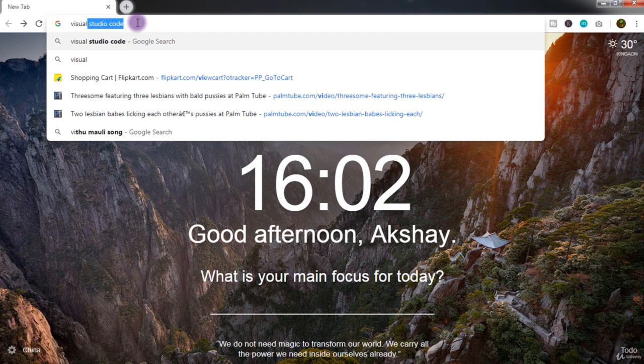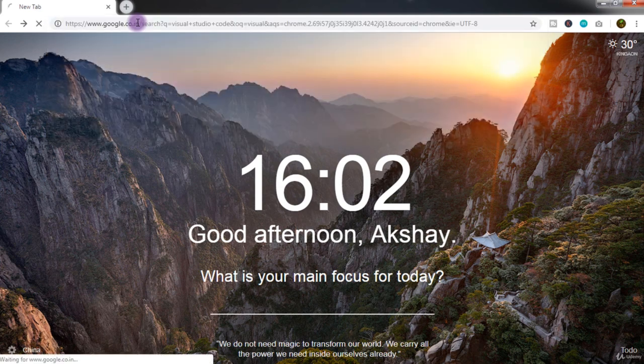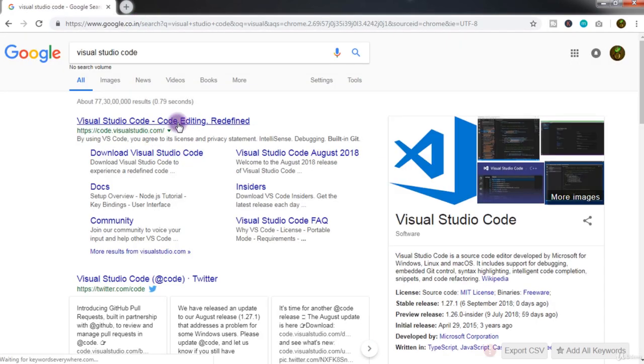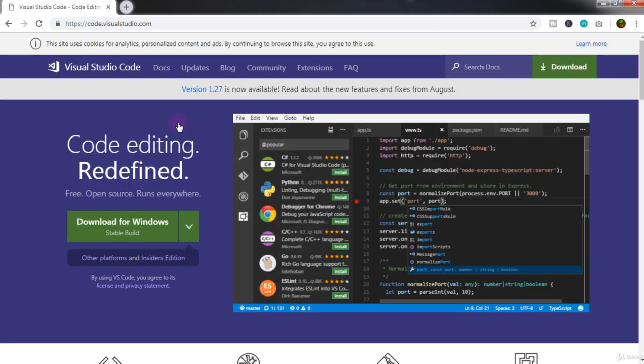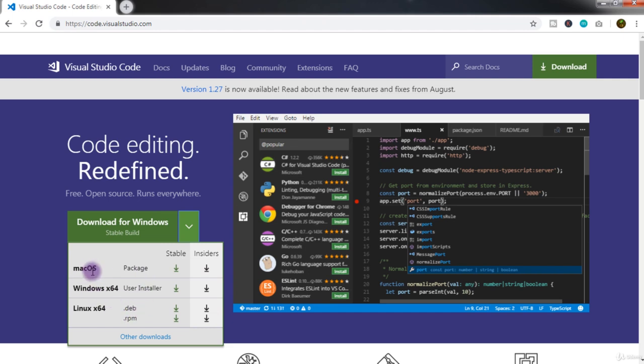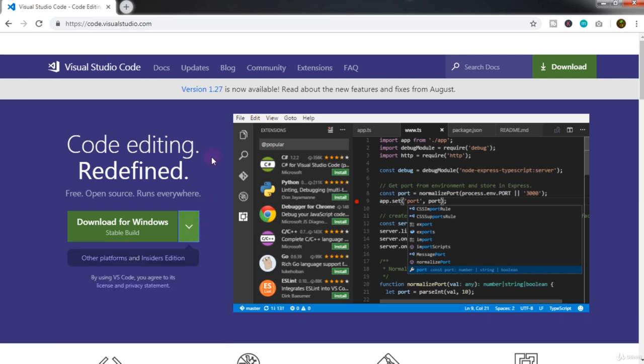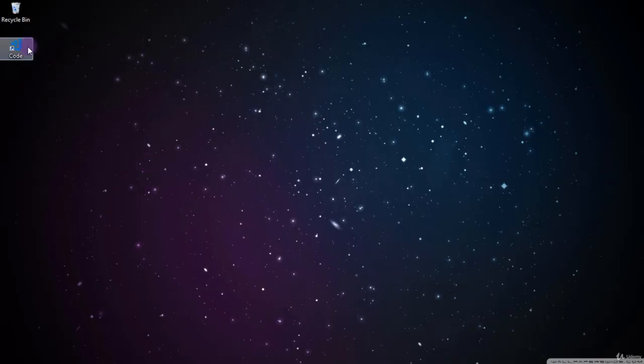To install the editor on your computer, just go to the Visual Studio Code website and from here download Visual Studio Code as per your system. I am using Windows 7, so I will download the 64-bit version. I already downloaded and installed it on my computer, so now you just need to download and install Visual Studio Code on your computer. After installation, open Visual Studio Code